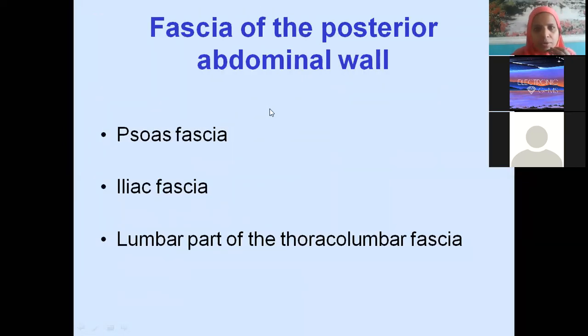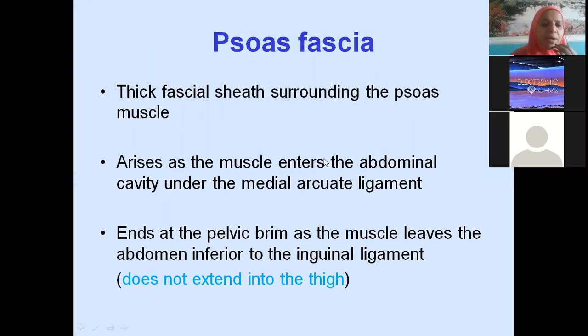Now these are the three muscles we have. Apart from these muscles, obviously we will have fascia covering them. The fascia covering the psoas major is the psoas fascia, the fascia covering the iliacus muscle is the iliac fascia, and the fascia covering the lumbar part of these muscles is the thoracolumbar fascia. This I will elaborate now. Thoracolumbar fascia itself is a 5 marks question, and any of these muscles can also come for 5 marks. Psoas major has come once for 5 marks. Now what is this psoas fascia?